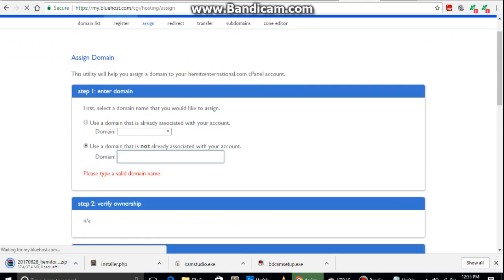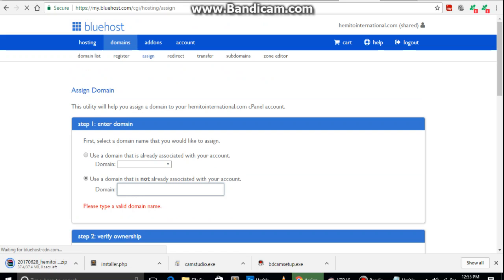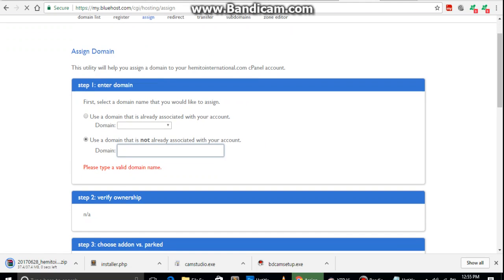After that, you have to fill up this form. The utility will help you assign a domain to your cPanel account. First, select a domain name that you would like to assign. Use a domain that is already associated with your account, or use a domain that is not already associated with your account. It's not associated, so